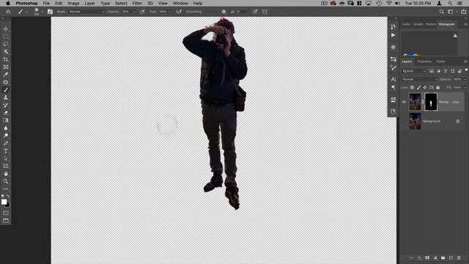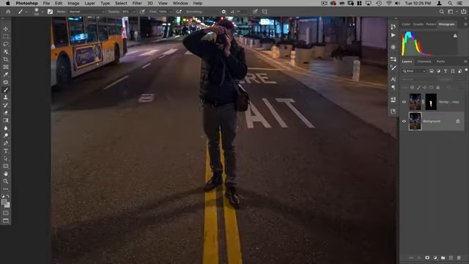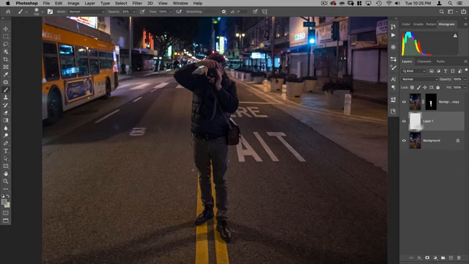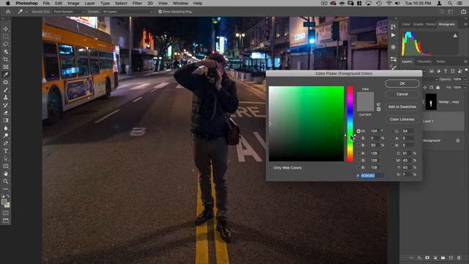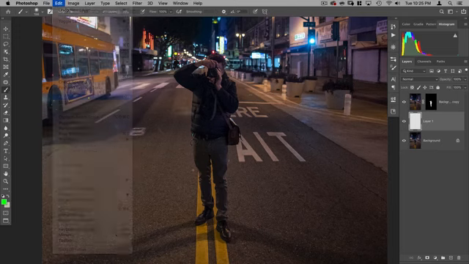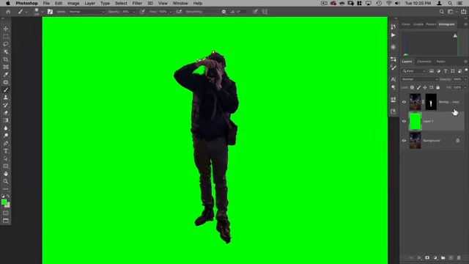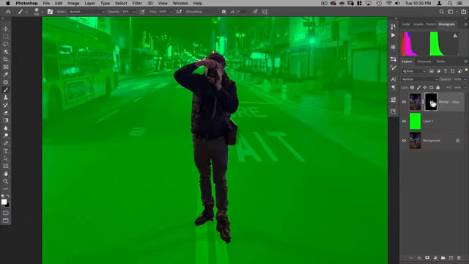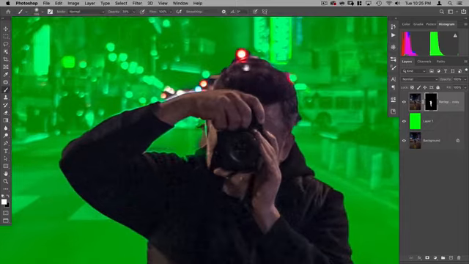And then the other thing I want to do is put a background in place here so that I can see what my mask is doing. So I'm just going to create a blank layer here, and I'm going to fill that with a color that's not really in this image. So let's pick like a bright green, and then we'll just fill with our foreground color. The shortcut for that is Option Delete. All right, so now I can take the opacity of this down to 50. And now select this mask and just start painting.